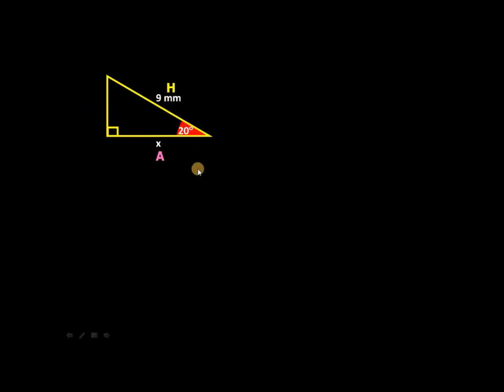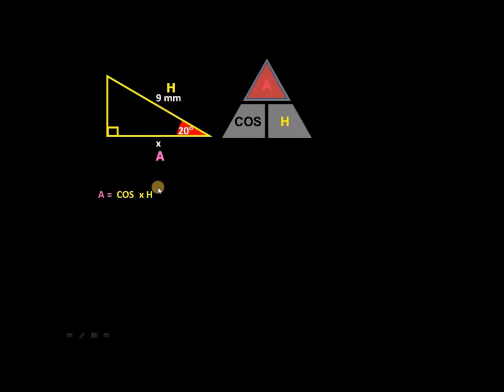The triangle is the cosine triangle, because cosine is A over H. We want A, so we cover it. We can see that A is equal to these two things together multiplied. So A is cosine multiplied hypotenuse. There's the law. We now replace H by 9. Don't forget 20 must go with cosine. There's what we get. Now we've got to do this with a calculator,